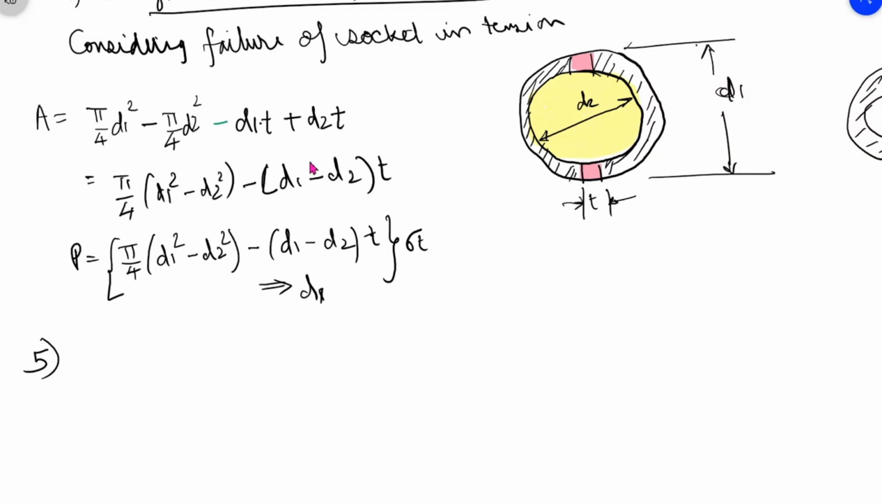So how many diameters have we found till now? We have found one d, second d1, third d2. We cannot find d1 before finding d2, because d2 will be found first. For d1 we need d2. So we cannot find d1 first. We have to find d2 and then we have to find d1. Now next is